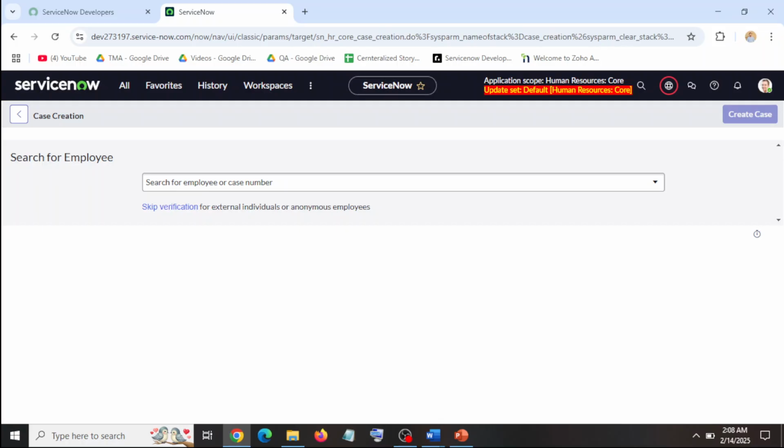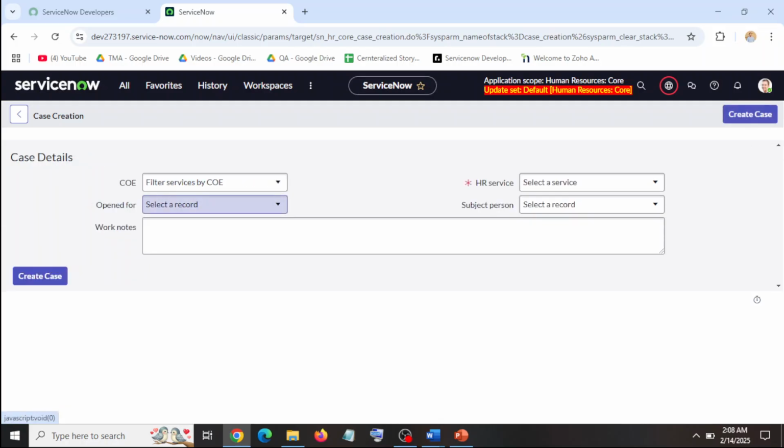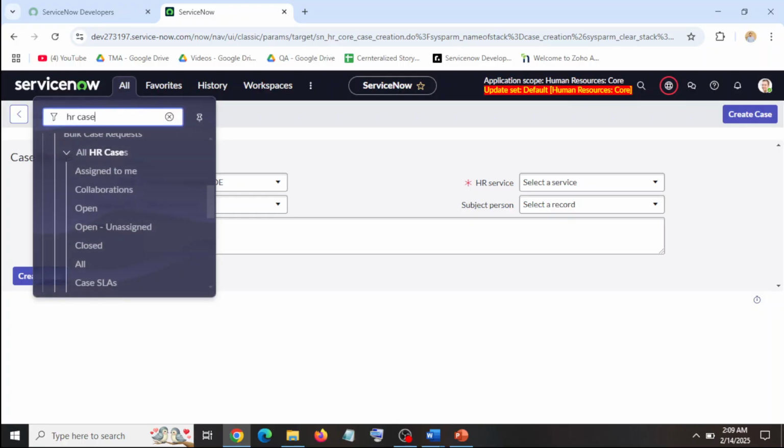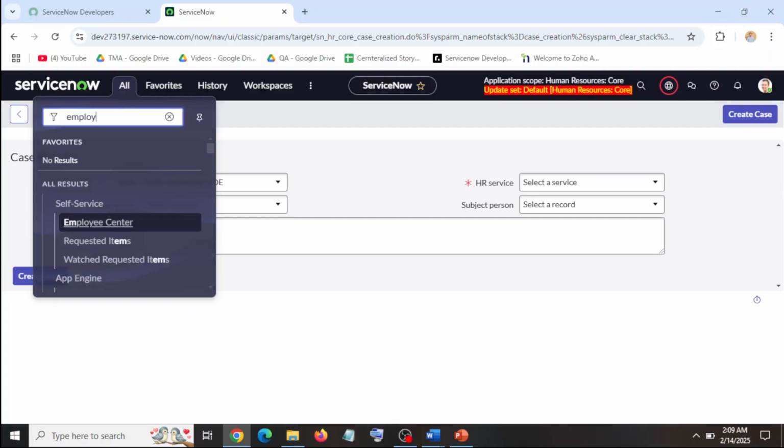So this is the case, and if we want to manually create any case, we simply click on the new button, and from here, by filling in the details, I can open a new case. So in this way, we can manually create the case, and we can also create the cases from employee center.